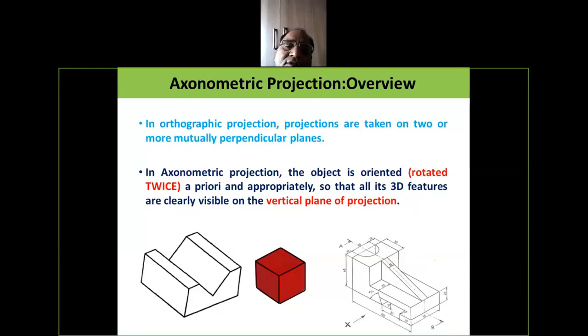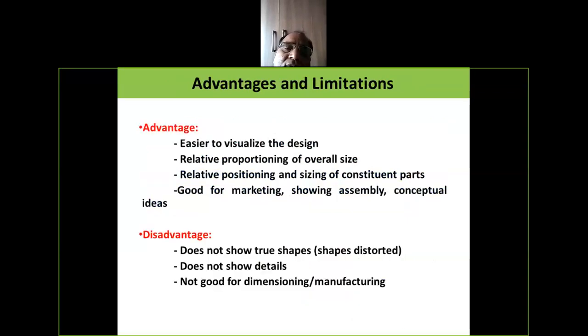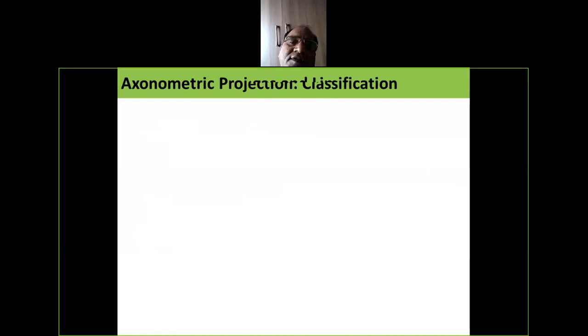For example, it is just like that. This is a three-dimensional view. Now, advantages and limitations of this. Advantage, easier to